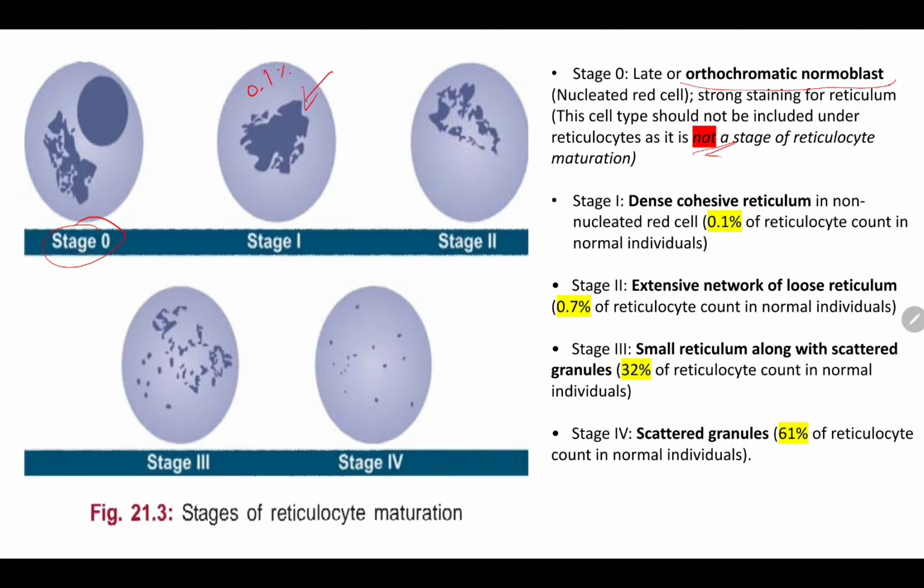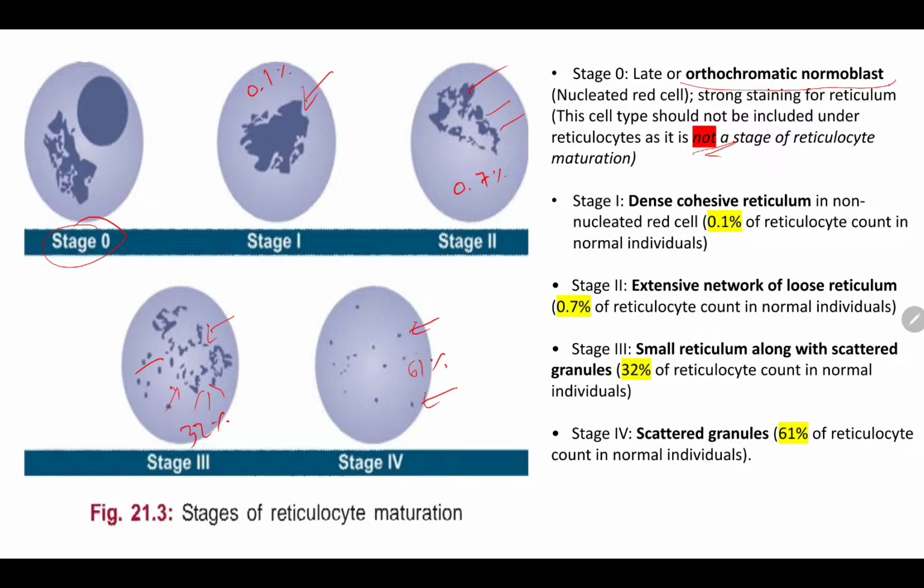Then stage 2 is the extensive network of loose reticulum, which is around 0.7%. Then stage 3 is the small reticulum along with granules, which is 32%. And the most commonly seen on the smear is stage 4, the scattered granules, which is present in around 61%